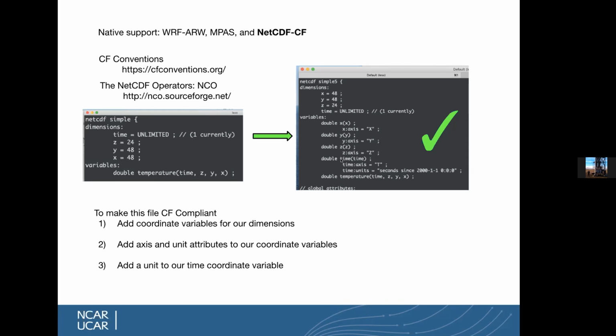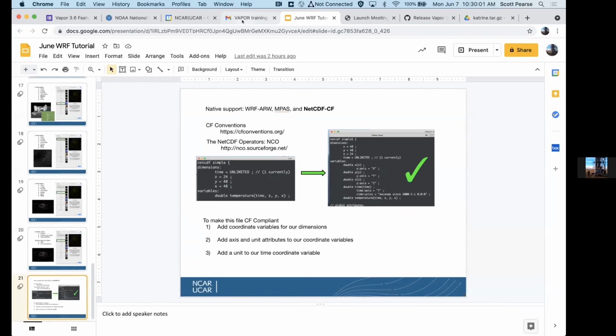The other coordinate variable we have is time, which also has the attribute of T for its axis, and also has a unit so that we know, for things like the flow renderer, how fast the wind is going per time step. And then, like the simple example over here, temperature is just like it was earlier. It's defined along the time coordinate variable and the z, y, and x coordinate variables. So in order to do this,